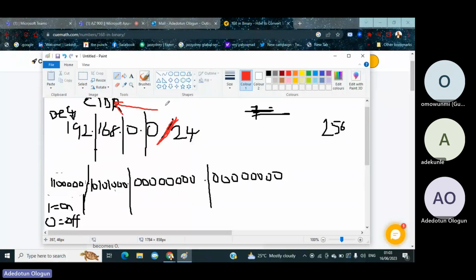We enter a technology called variable length subnet masking, VLSM, whereby you create a subnet and you say, oh, this IP is a class C address, and you say this is